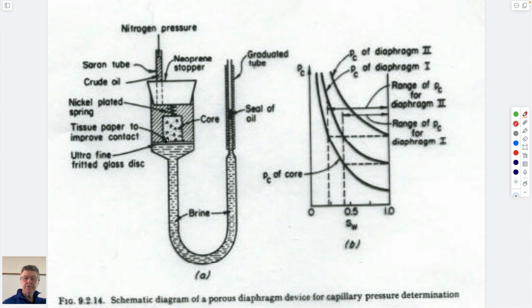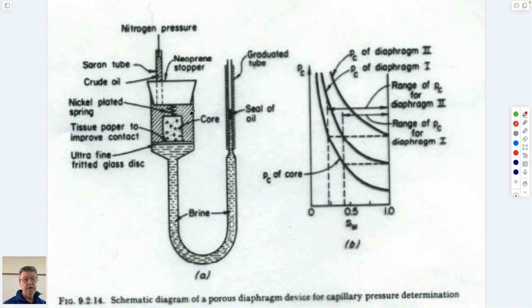We want to know what the distribution of saturation would be in that bead pack that we just looked at. And so if we wanted to measure that and quantify it, what we could do is take a core, a cylindrical core, and we could put that core within this sample,